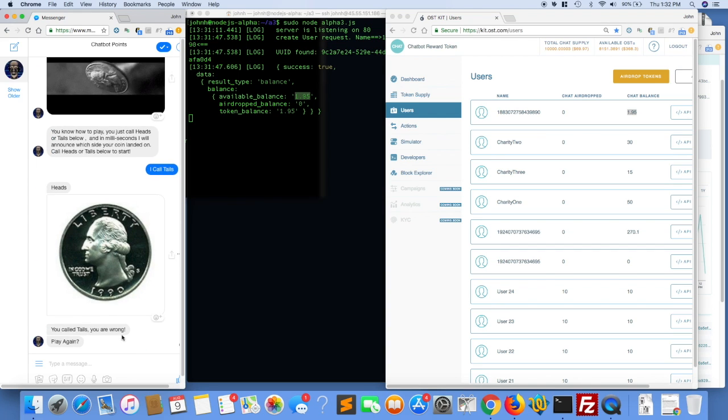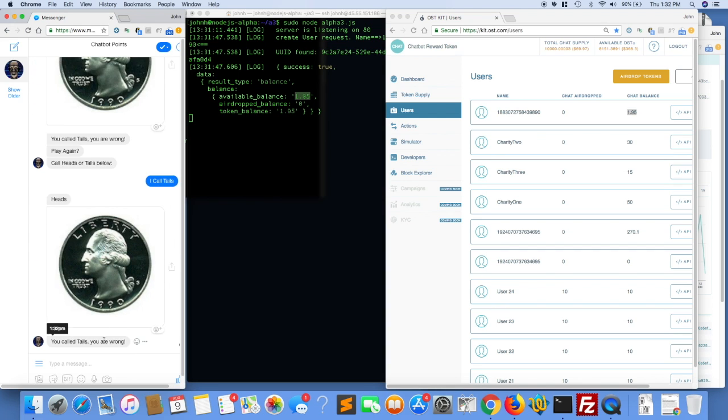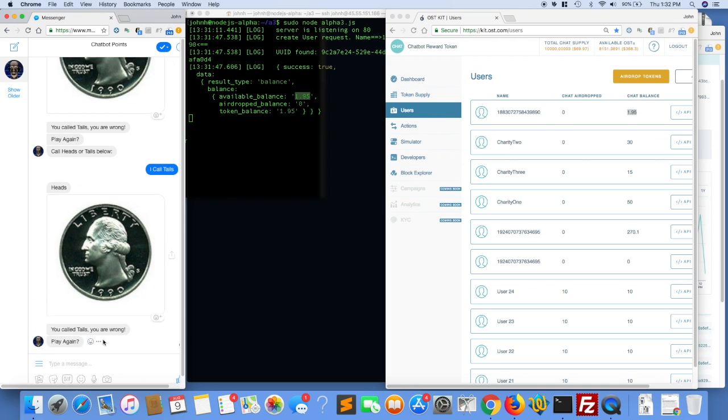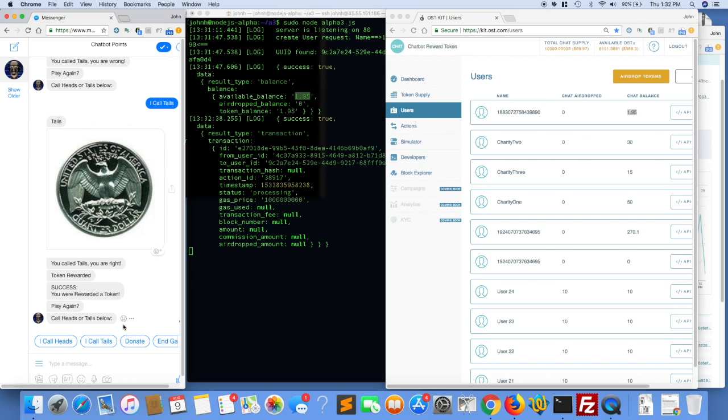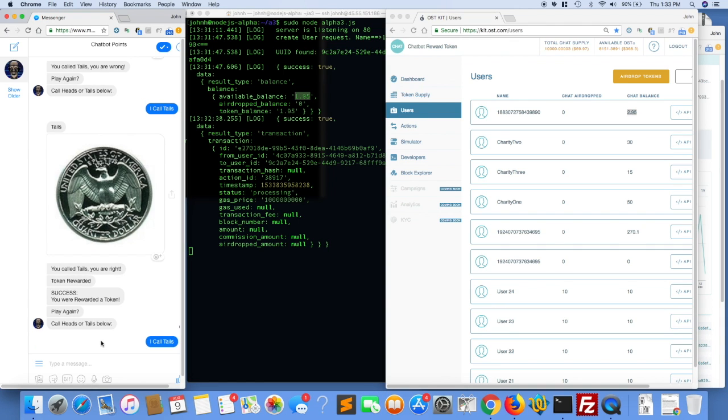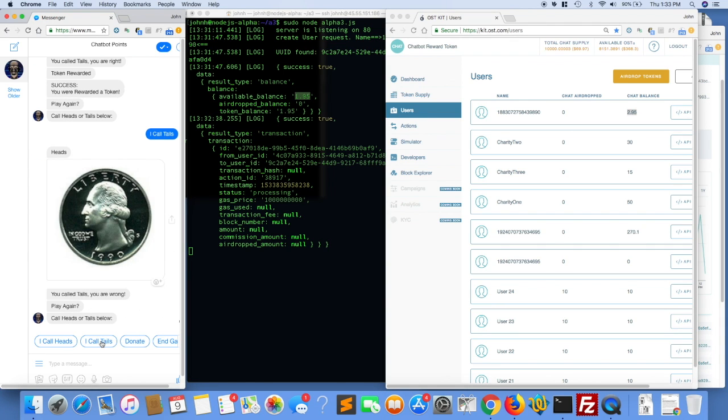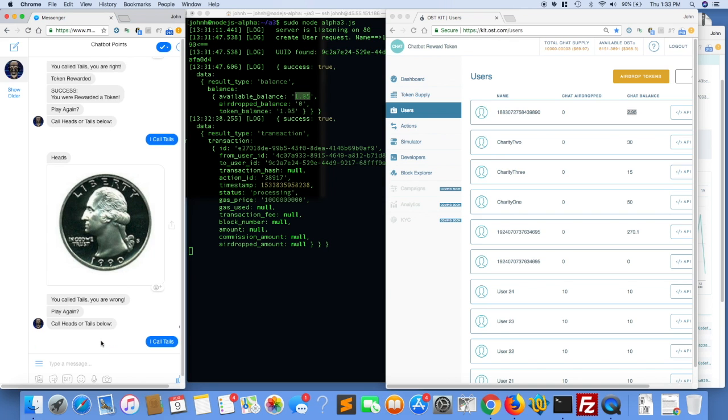So again, this is just a straightforward simple game. We call tails or heads on a coin toss, and like all good demos, I will probably get it wrong many times. Yeah, there you go, 3 in a row. Yay, we got one. So we've been awarded a token. So in the middle you can see the result back from the request rewarding the token. Over here on the far right side, if we refresh here, we should see, yes, the token balance has gone up to 295. So we're going to do a few more,